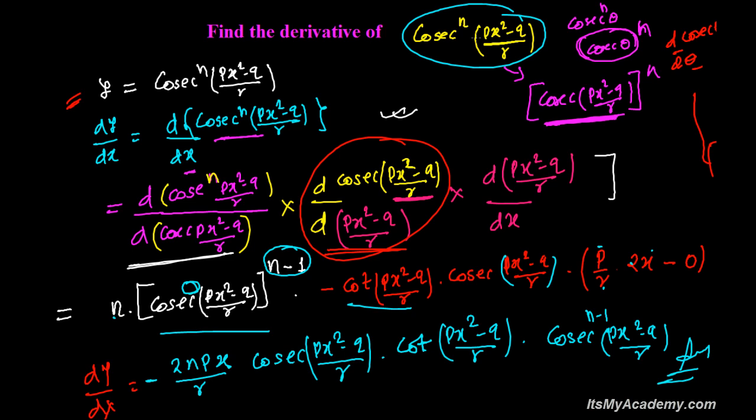Till now we were doing derivatives of simple one-term functions. Now we may get this as a product of two functions, or as the division of two functions, where you may have to apply the sum rule, you may have to apply the other types of rules that we had, like chain rule and quotient rule and product rule. You may have to use different ones at different times. So we'll be doing one by one all those problems. I'll be doing at least one example of each of those. All that will definitely give you more concept.